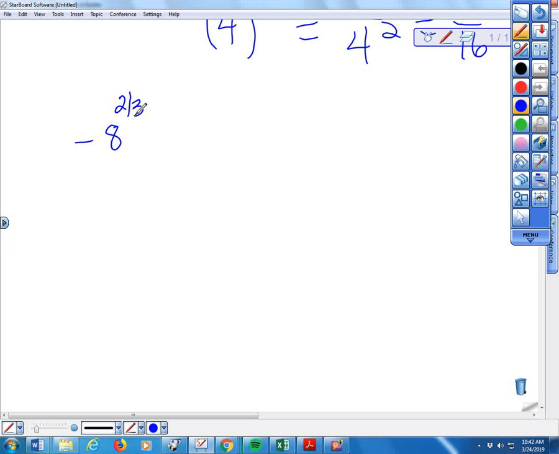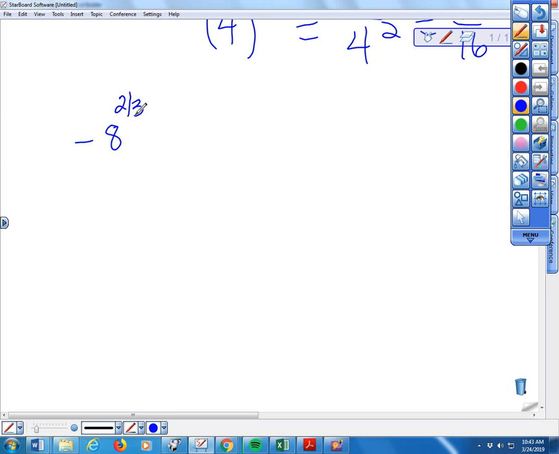thing to be raised, and now my marker's not going to work. If I wanted the whole thing, negative 8 raised to the 2/3, I would put it in parentheses. But this one is not in parentheses. This one, the 8 is being raised to the 2/3, and then it's being multiplied by negative 1. So think of the exponent as just being applied to the 8, not the negative sign. If I wanted it applied to the negative sign, I would have put the negative 8 in parentheses. Same is true in the calculator. If you want to raise the number 8 to the 2/3 and then make it negative, you would just type negative 8 raised to the 2/3. If you wanted the whole thing, negative 8 raised to the 2/3, then you would put it in the calculator